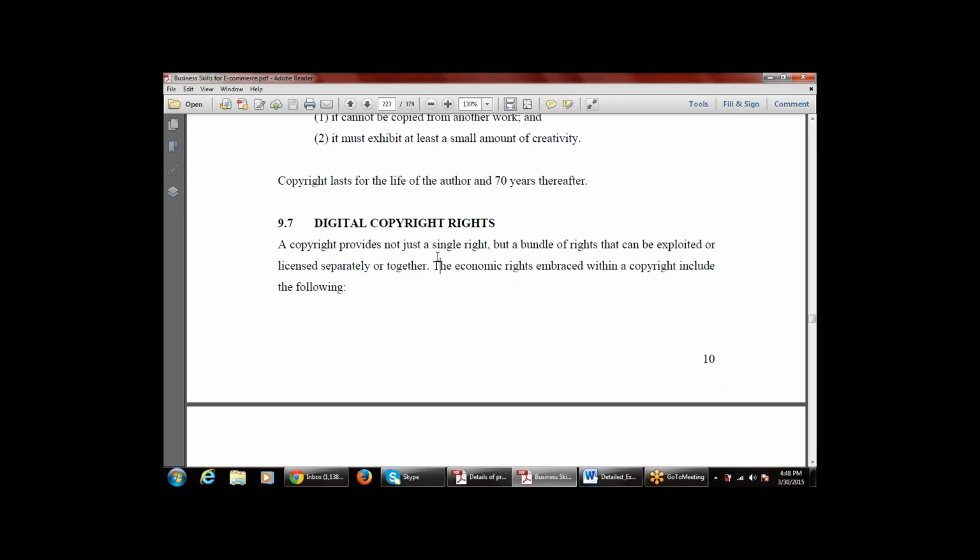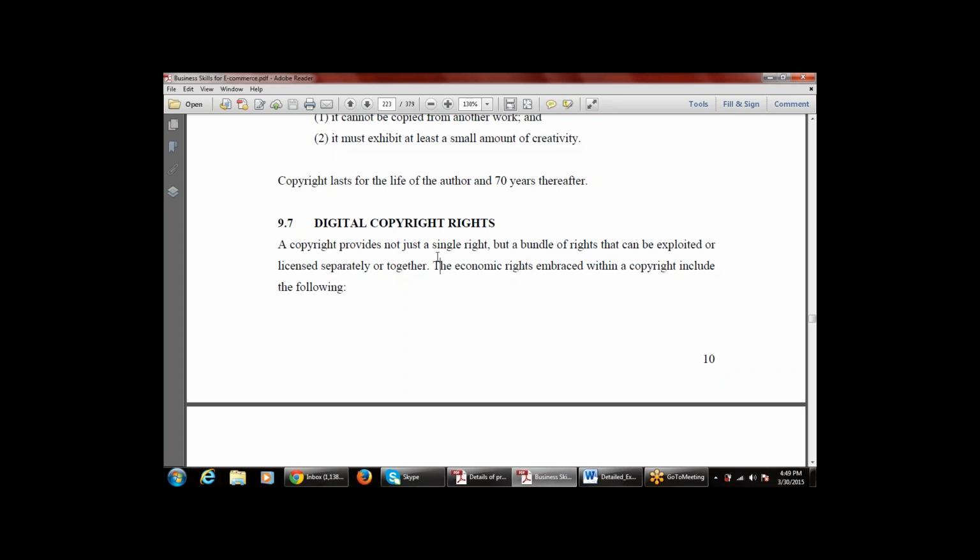So suppose I own a land or building, and I request a digital copyright, and then I get the digital copyright. Then not only a single right is applicable with the digital copyright. No, there are so many rights. There are multiple rights that can be applicable to a building that I own. So there is not a single right applicable to the digital copyright. There is a bundle of rights, multiple rights that can be exploited or licensed separately